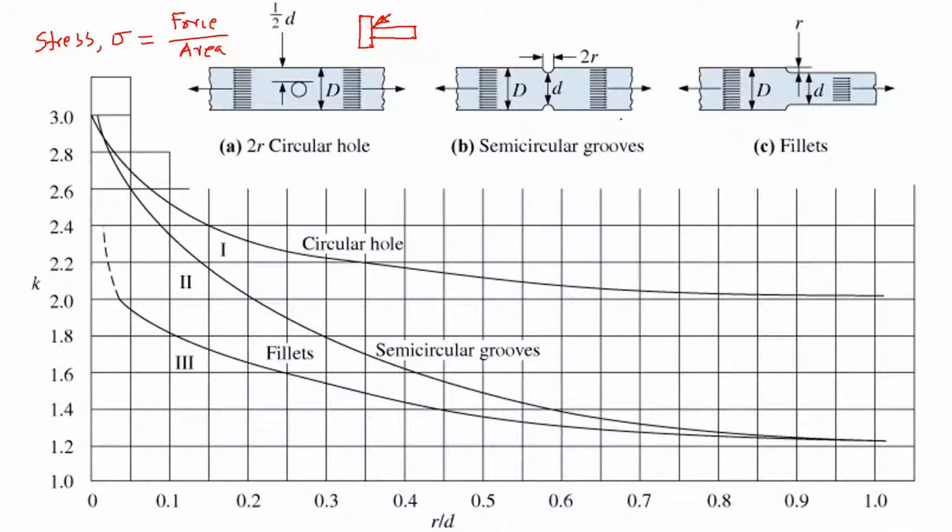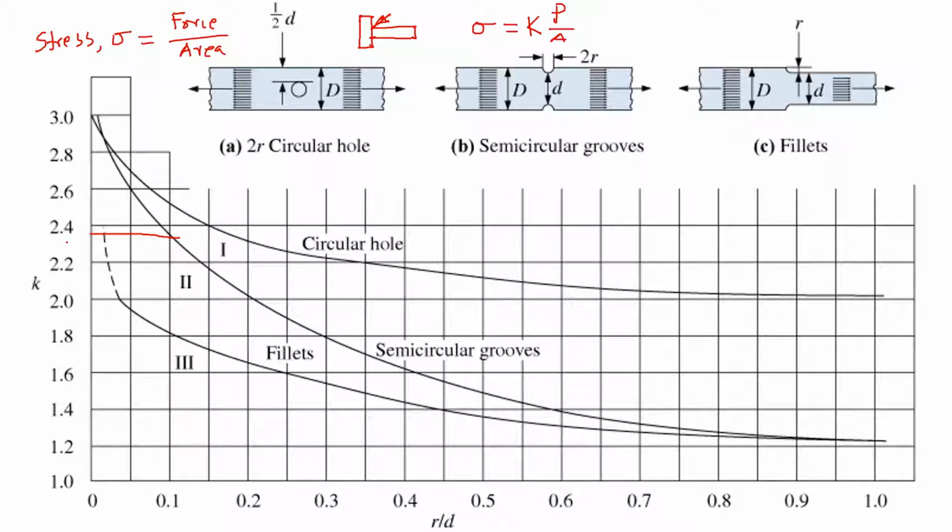So the way the K factor is incorporated in stress is, instead of sigma equals straight P by A, you have the K factor multiplied by that stress. For example, if R by D, if this radius is too small, the ratio becomes, for example, for a semicircular section 0.1, then the stress will be multiplied by almost 2.4, almost